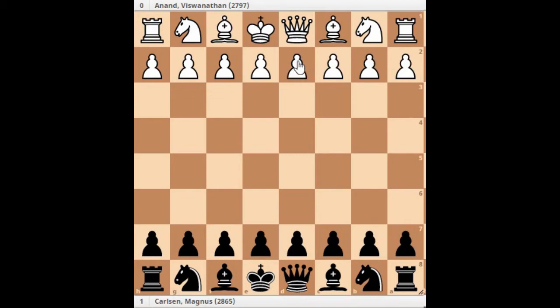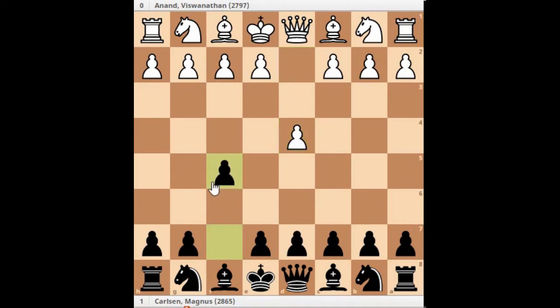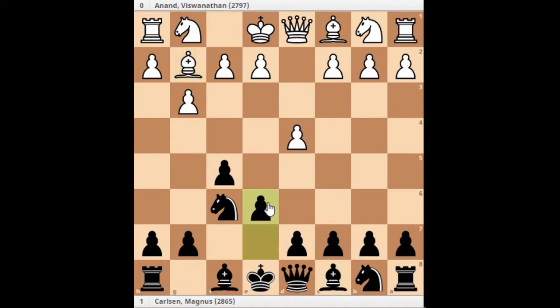So let's start. Vishwanath Anand started with d4, and now f5 is the reply. So f5 is basically Magnus Carlsen plays the Dutch defense against Vishwanathan Anand. Now in this game, g3 was played, and then knight to f6, bishop to g2, and now e6,